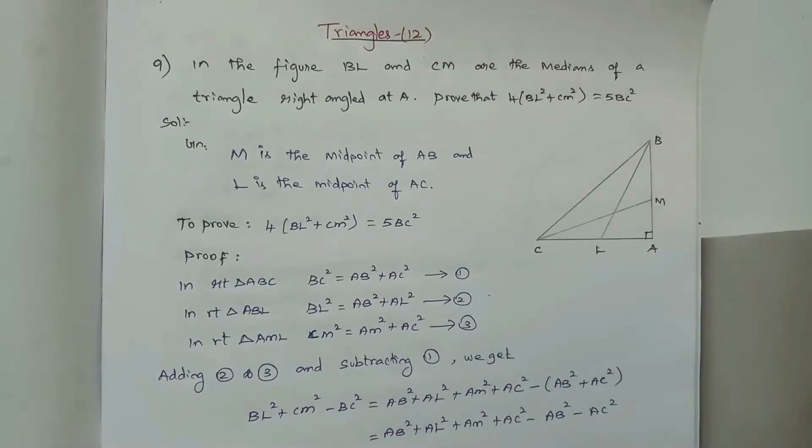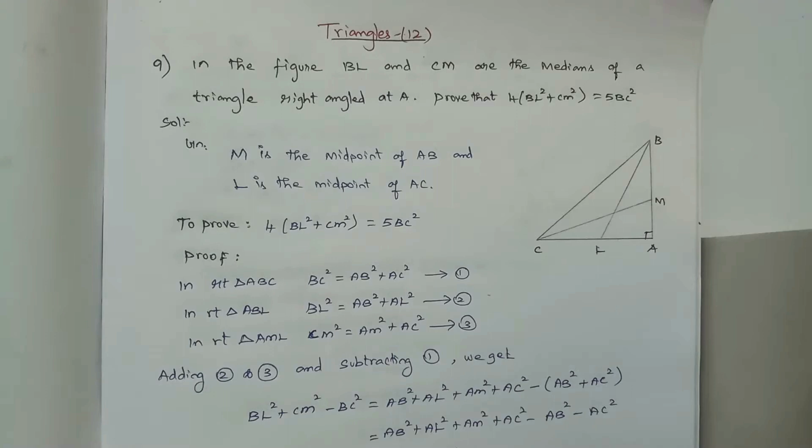Hi students, today we are going to see the remaining sums in concept 4, and today is the last class for this concept. At the same time, it is the last class for this chapter also, right? We are going to complete this chapter. Fourth concept, what is the name of the concept? Pythagoras theorem. With the help of the statement of Pythagoras theorem, we are going to find or prove whatever they are asking.